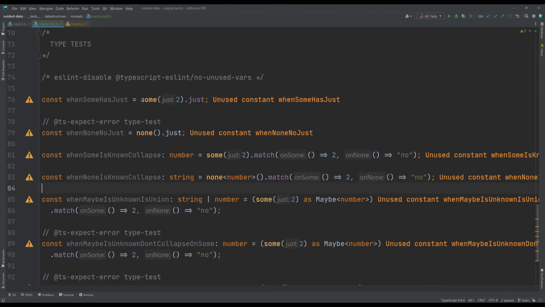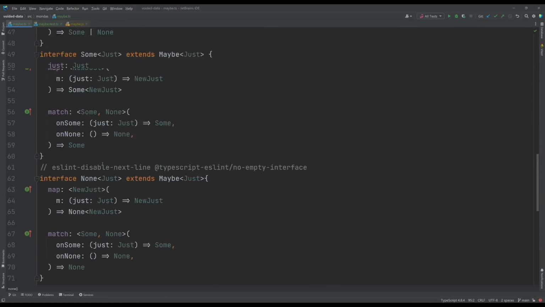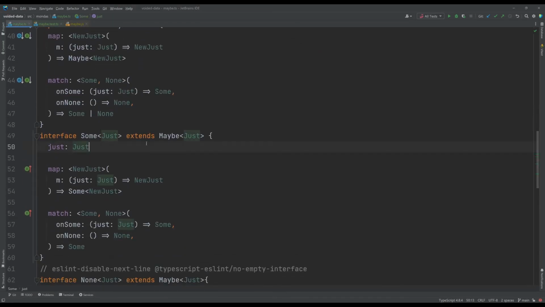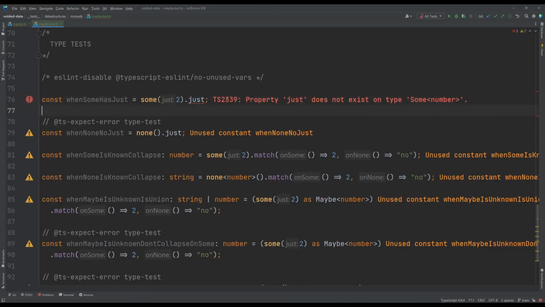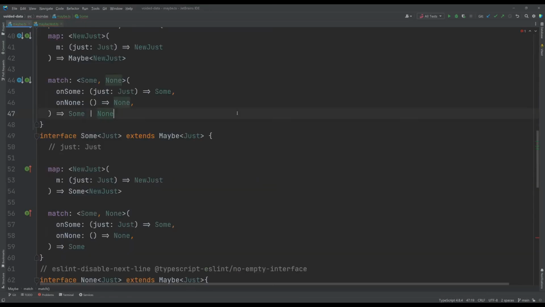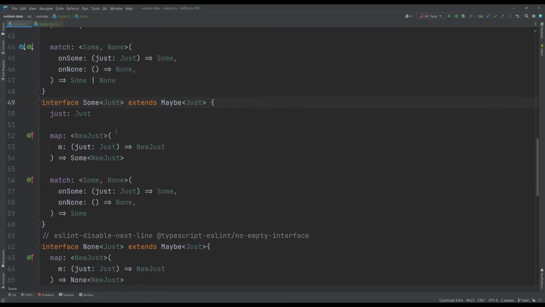And it doesn't work in all cases, but in this case it will work. So we can from sum access just. So if our sum type wouldn't have this just, let's just remove it from the sum type. Then we'll see TypeScript will actually throw an error here and not compile anymore. Or at least our tests will not compile anymore.